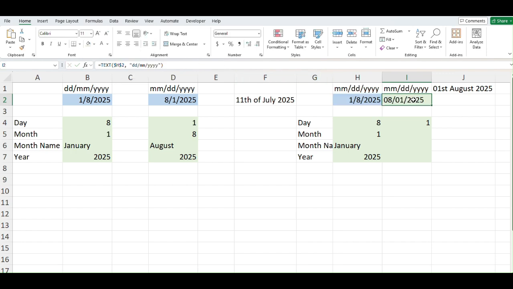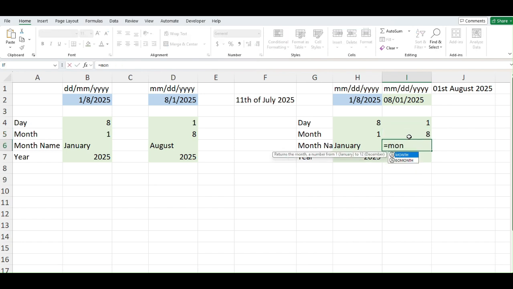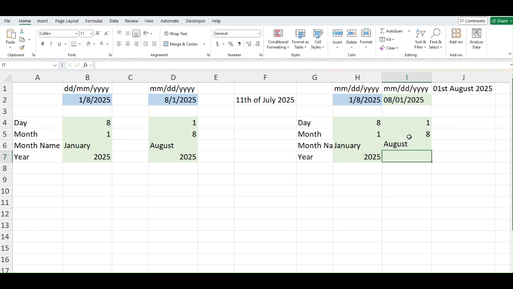And now this cell has the value of day as 1, month as 8, month name as